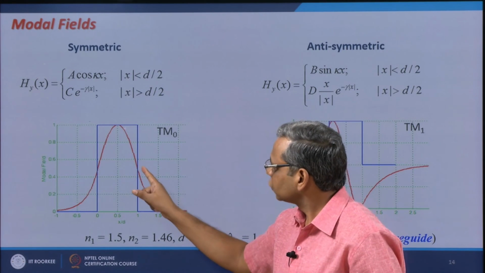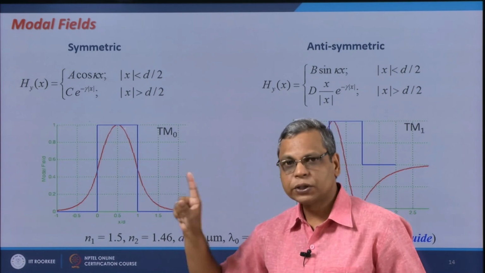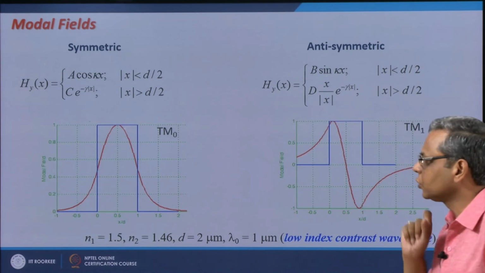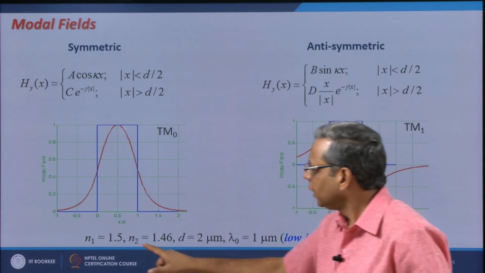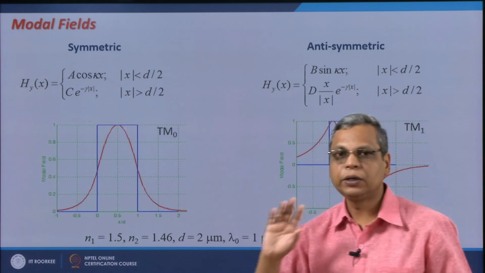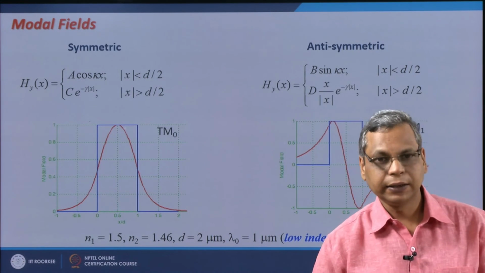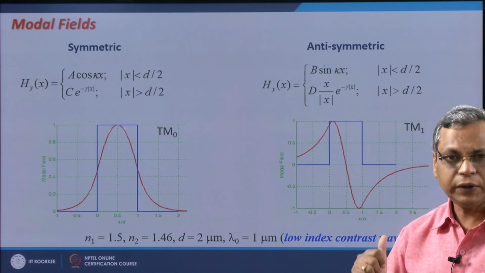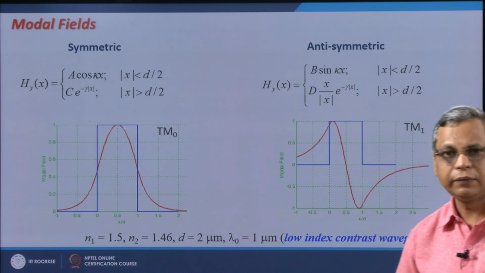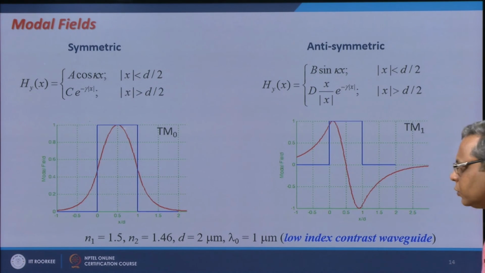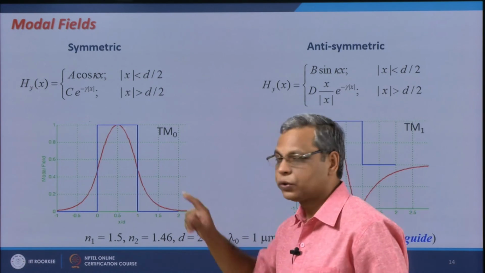but rigorously it is not continuous. The discontinuity in the slope is so small that it does not show up, because n1 and n2 are very close. If the waveguide is weakly guiding, the values of n1 and n2 are very close to each other, so that will not show up here.